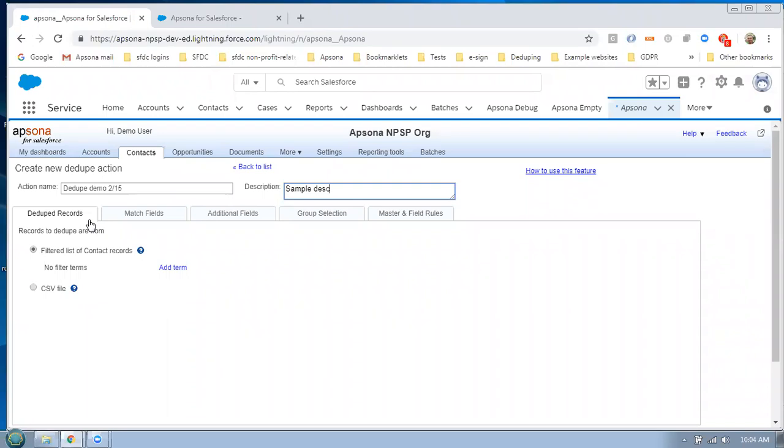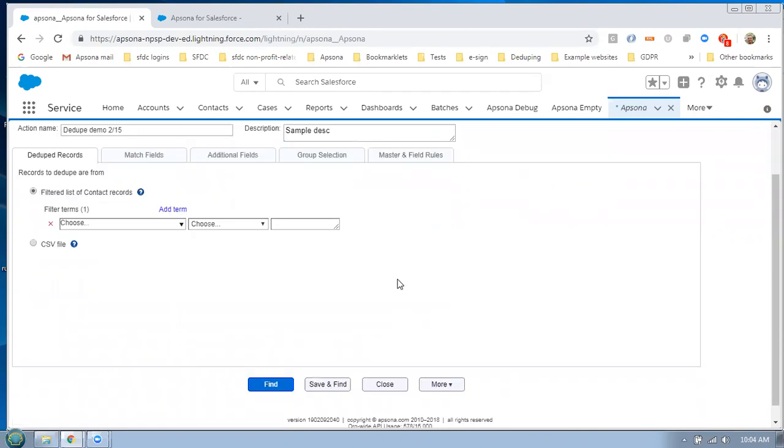Now, there are a couple of different modes in which you would want to find duplicates. One is to say, I'm going to restrict myself to just a certain filtered list of records. For example, it might be that you know that all of the records you want to deduplicate have a mailing street. So you're not really interested in deduplicating contact records that don't have a mailing street value associated with them. Given that knowledge, you can say, make me a filter, and in that filter, I'm going to add,